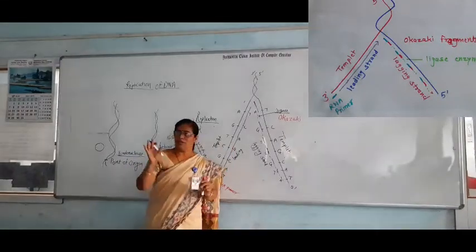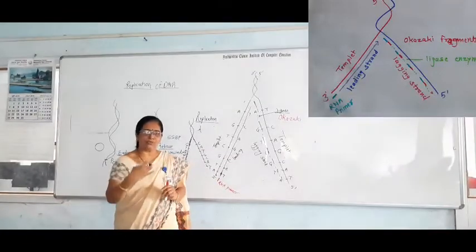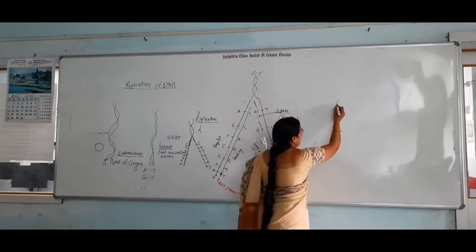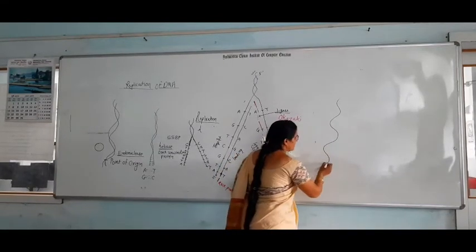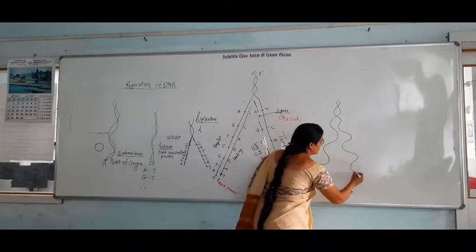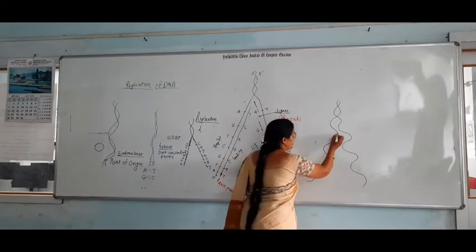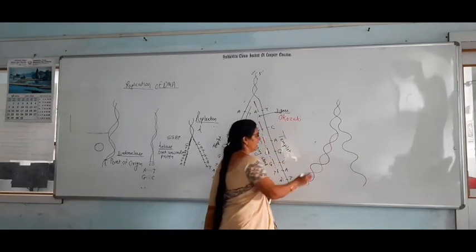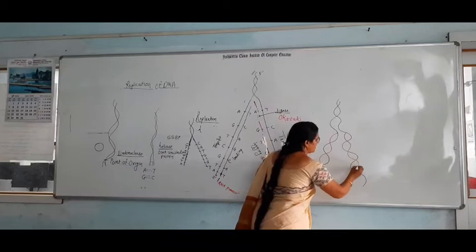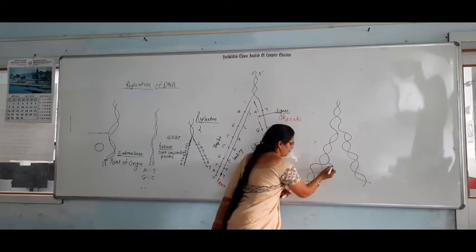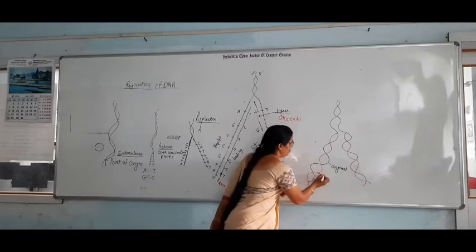Like this, here the 2 strands are produced, and new strands are produced. Look at here, the newly produced strands are on the original DNA, and on that original DNA, the newly produced strand appears on that original strand. Look at here. This is the original strand, and this is the newly produced strand.